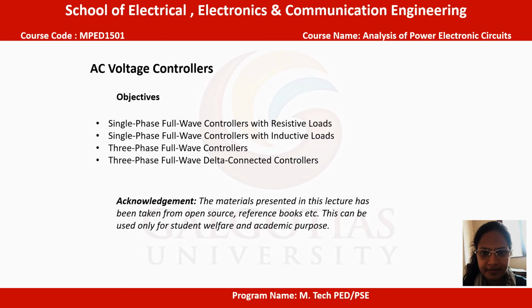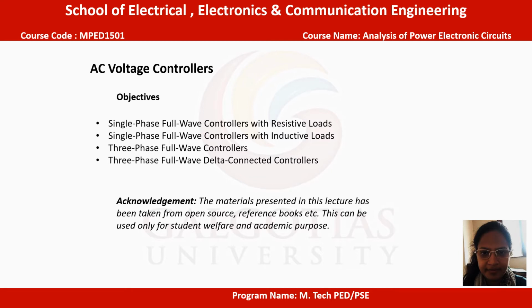In this video lecture, we are going to discuss the working principle of the different types of AC voltage controllers. If a thyristor switch is connected between AC supply and load, the power flow can be controlled by varying the RMS value of AC voltage applied to the load, and this type of power circuit is known as an AC voltage controller. The most common applications of AC voltage controllers are industrial heating, on-load transformer tap changing, light controls,